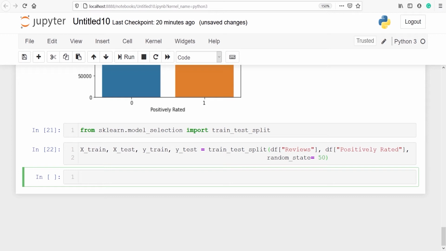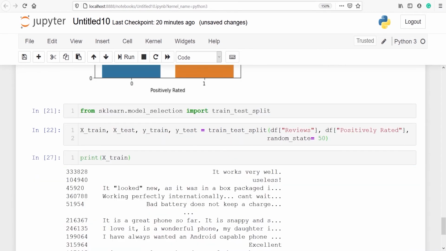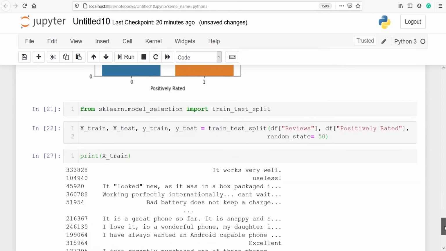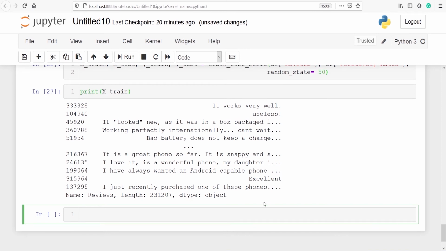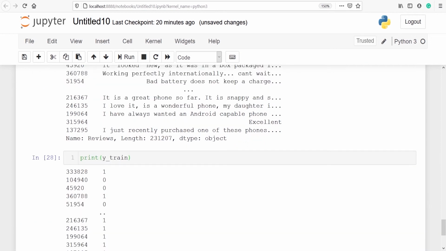Let's print our variables X_train and y_train. In X_train we have reviews. In y_train we only have ratings, that's why we got 1 and 0 here.